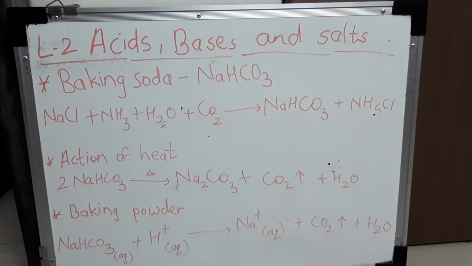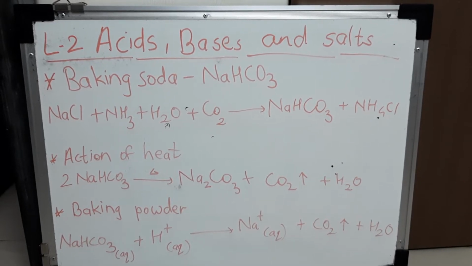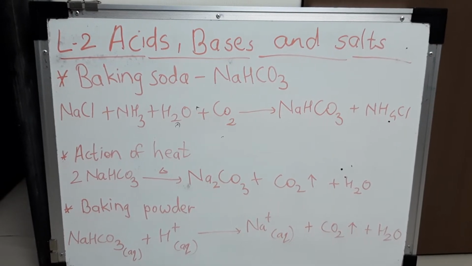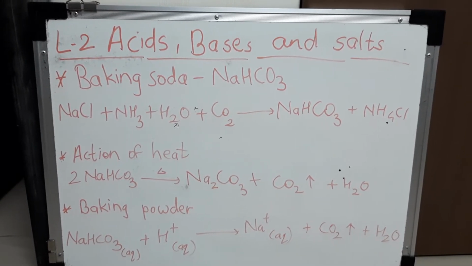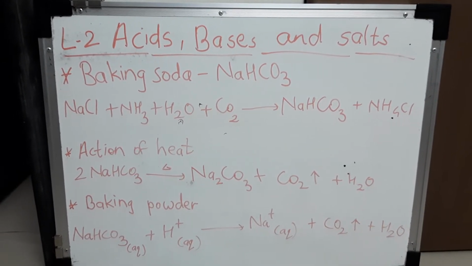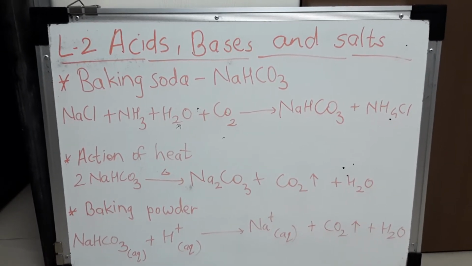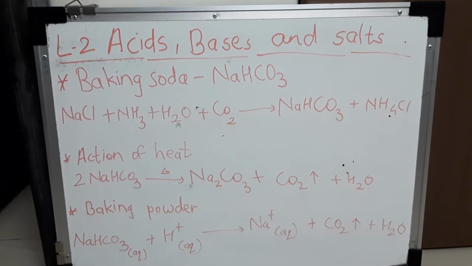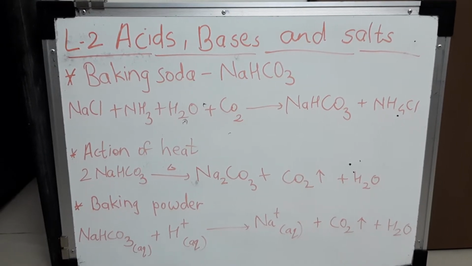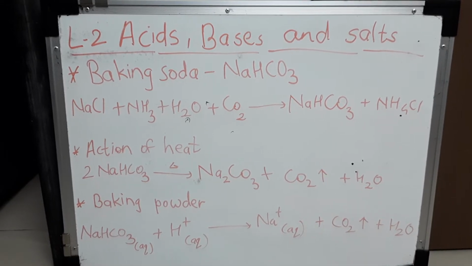So this sodium bicarbonate consists of white crystals. They are sparingly soluble in water, mild, non-corrosive, and the solution of sodium bicarbonate in water is mildly alkaline. Second is the action of heat. When we heat this sodium bicarbonate, NaHCO3, on heating we get sodium carbonate plus carbon dioxide and water. This reaction takes place when sodium hydrogen carbonate is heated during the cooking of food.